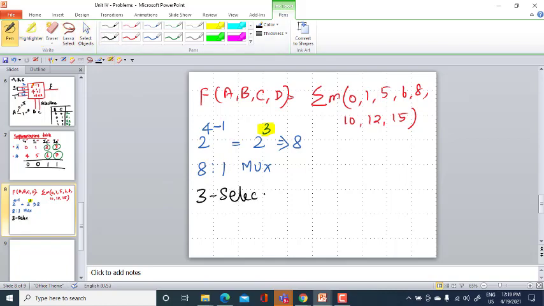Let me take the select lines to be the input variables B, C and D. So 8:1.